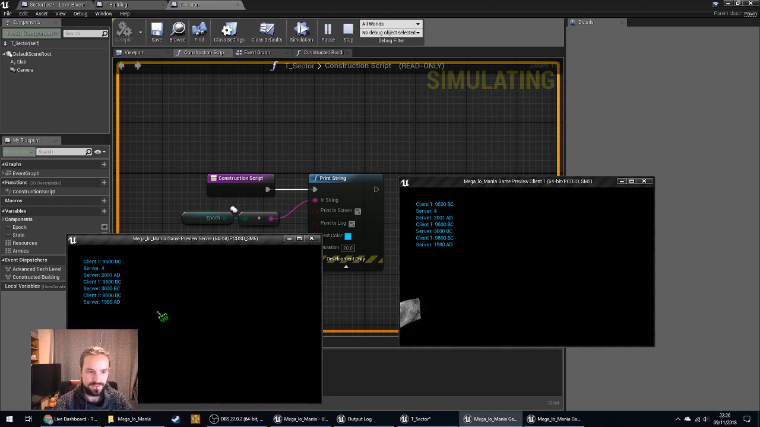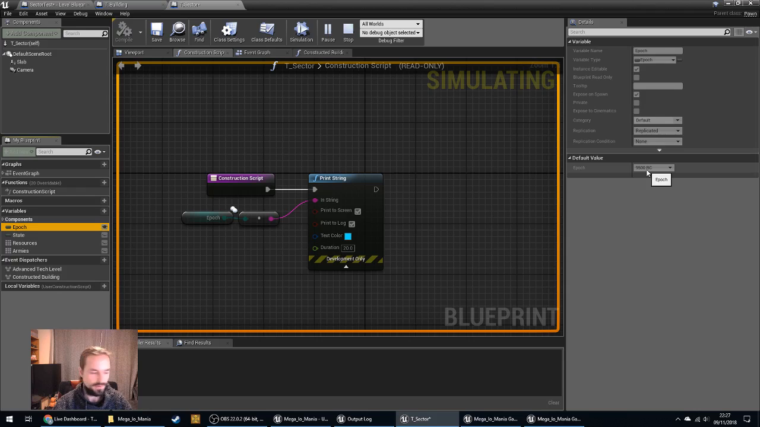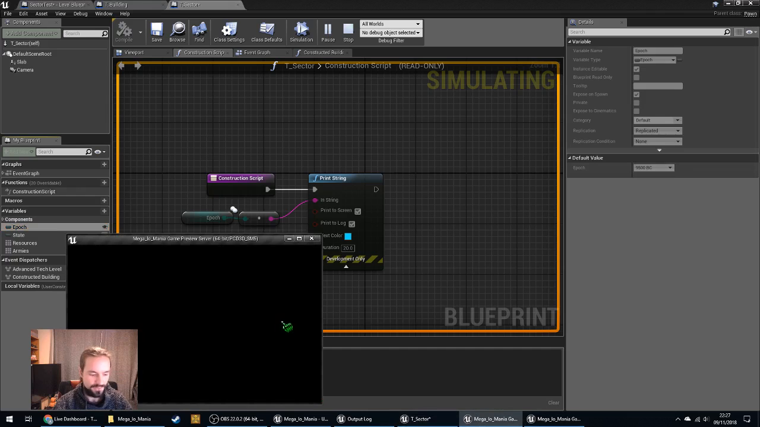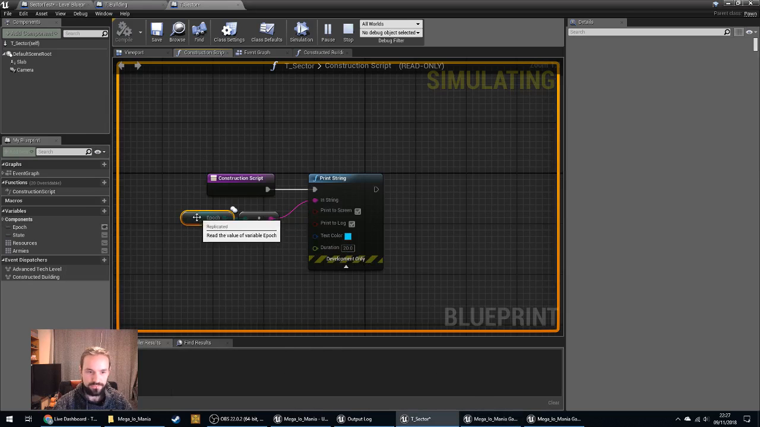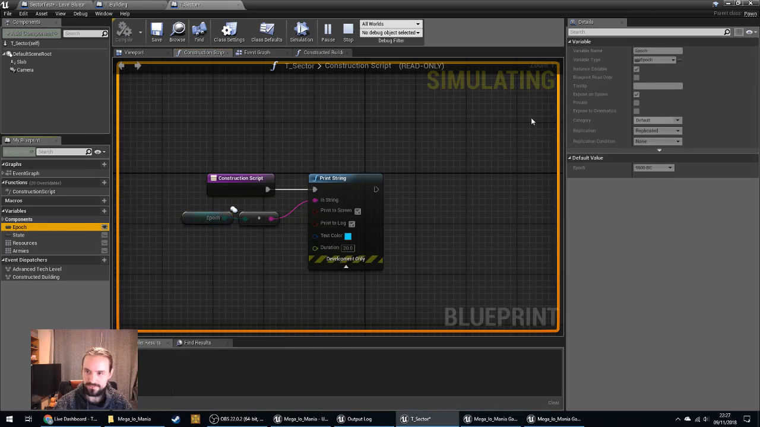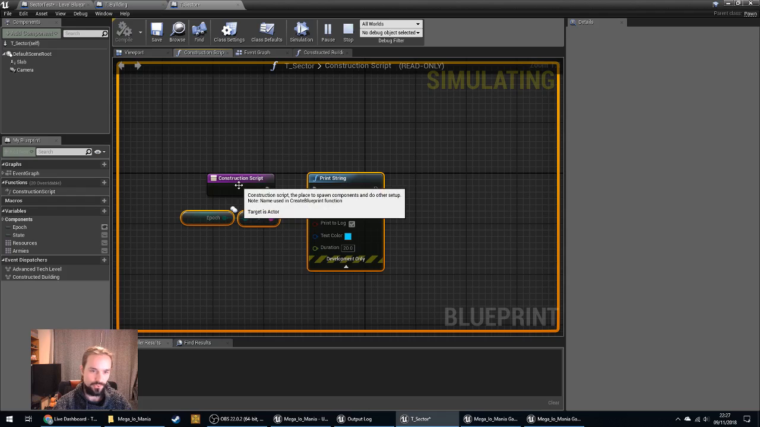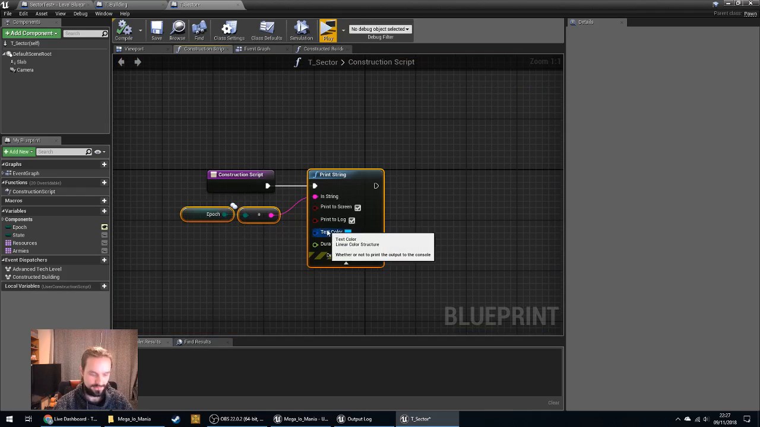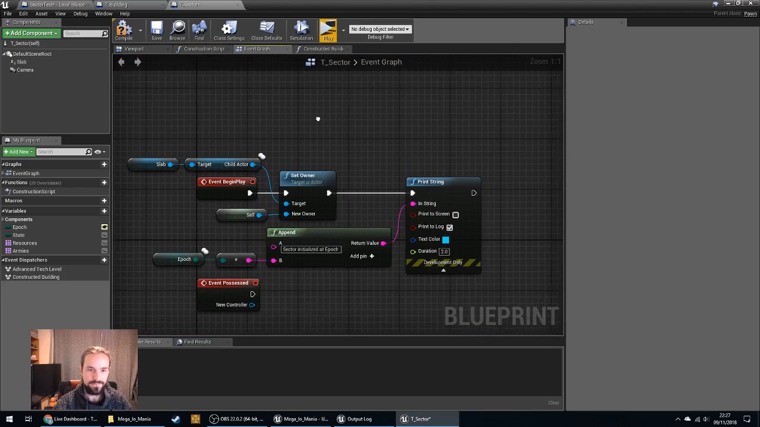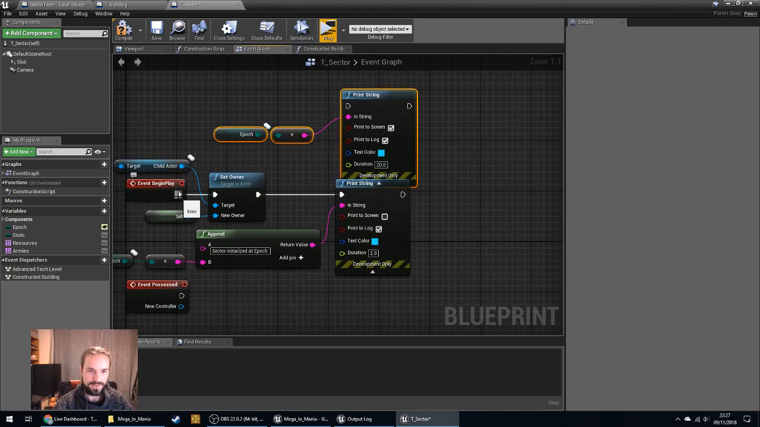And the reason they disagree is because within the construction script, it's using the default epoch, which is currently set to 19500. And the issue, which is kind of obvious now that I know it and now that I've had to work through it, is that the property is meant to be replicated, and it is replicated, just not before the construction script is called. So if we actually take this debug statement out of here and put it into the event begin play instead,